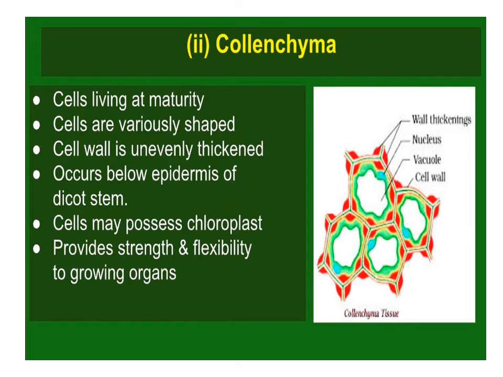Collenchymatous cells may be oval, spherical, or polygonal and often contain chloroplast. These cells assimilate food when they contain chloroplast. Cells lack intercellular space. They provide mechanical support to the growing parts of the plant, such as young stem and petiole of a leaf. Cells are alive, so growth does not stop wherever it is located in the organ.